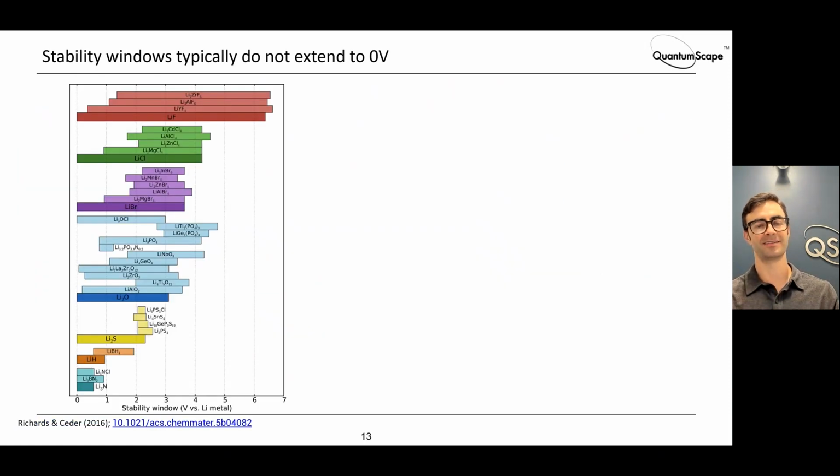And then if you look at solid-state electrolytes, most solid-state electrolytes are not stable in contact with lithium, unfortunately. So this is a plot similar to what we were making at QuantumScape in 2013. This is a plot from the public literature. The Gerbrand Ceder group in 2016 studied a lot of materials, families of sulfides, hydrides, oxides, and halides, and showing the